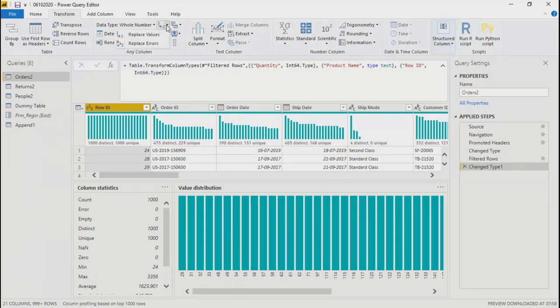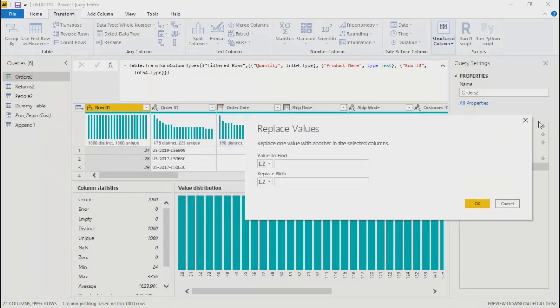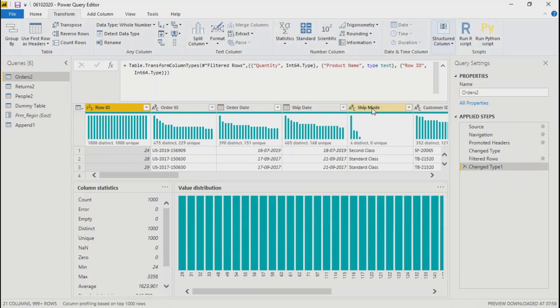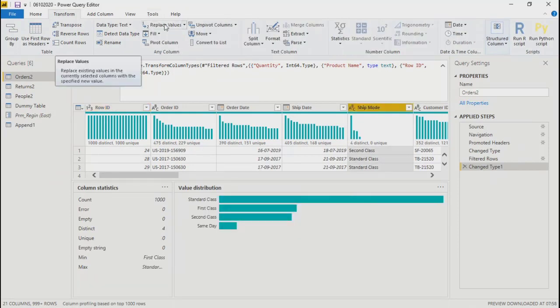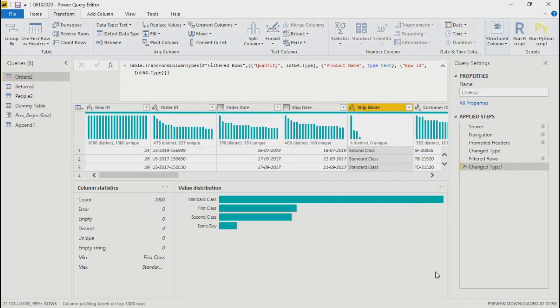Now another option that you see here is replace values. I think we already did, right? Find and replace. So it's that only. If you click over here, it will show you the same pop-up, where you put what you want to find and then what you want to replace with. It's showing the numerical because I have selected the first field right now. If you select any text field, you will get the text values. Now fill. What is fill? Select.